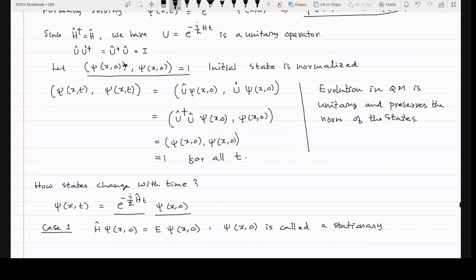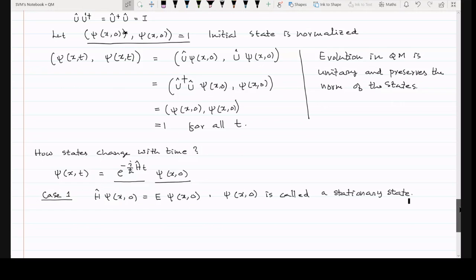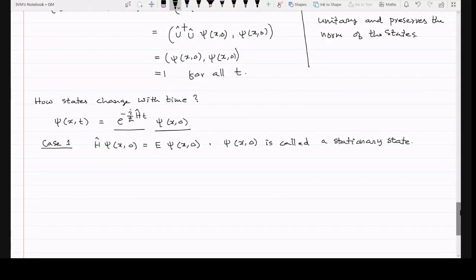Called a stationary state. This word was used by Niels Bohr initially. So now we know that a stationary state means it is an eigenstate of the Hamiltonian. Okay, so what happens if it is a stationary state? Then this psi of x, t